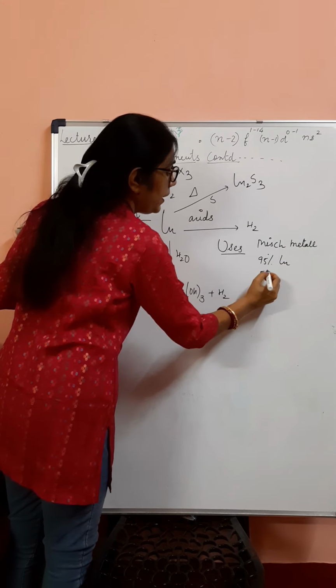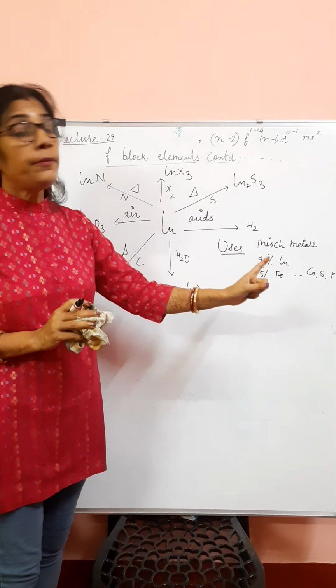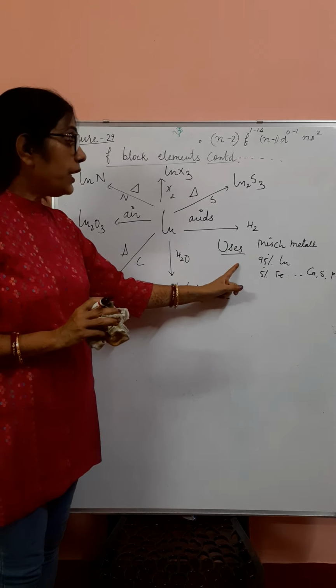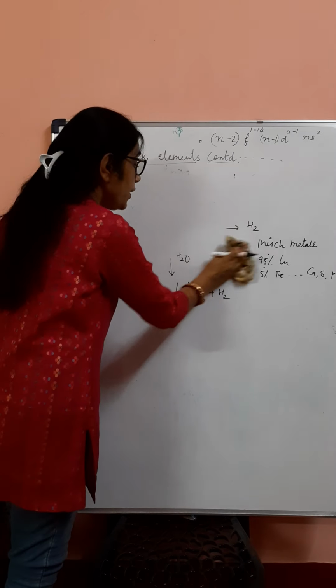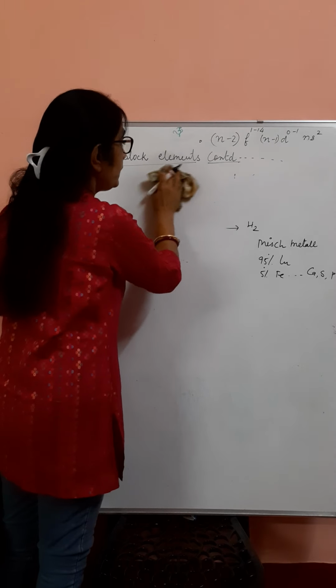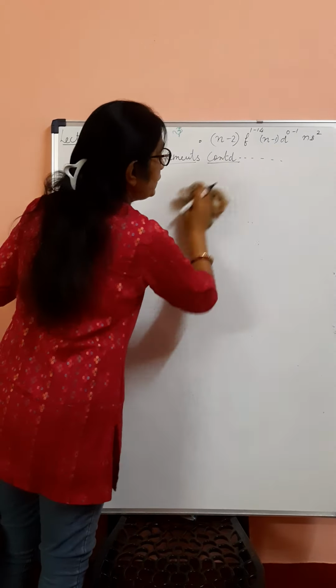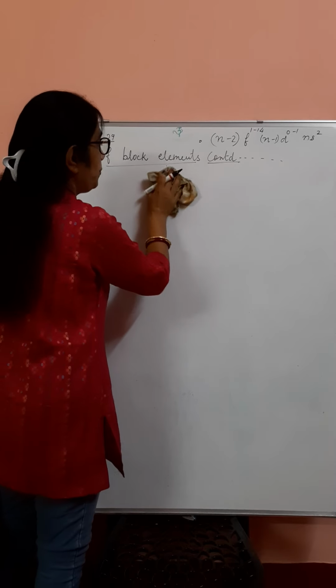So oxides and hydrides can be used as catalysts. Then this is the misch metal, which is used for alloying, and this is a very important alloy of lanthanoids. And this is important for objective questions as well. What is its use? What is its composition? And so on. Several times this question has been asked in the CBSE board examination about misch metal, what is its composition, what is its use, and so on.